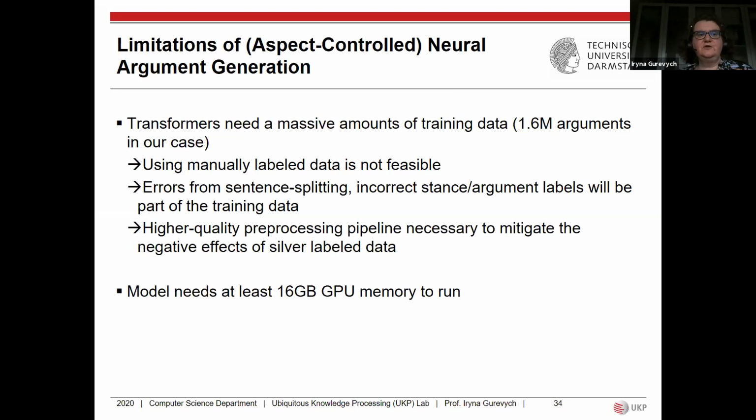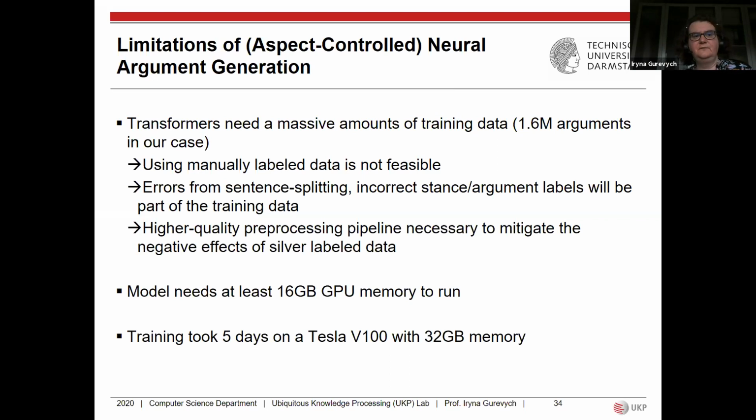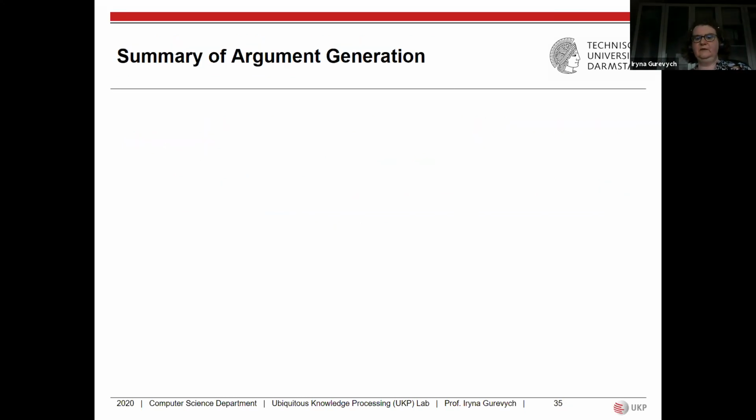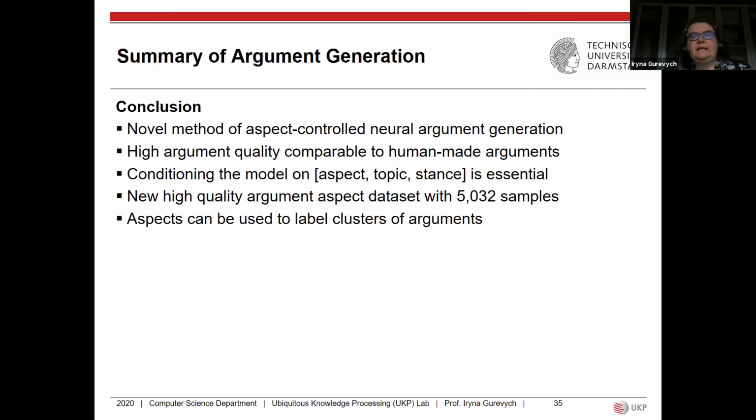Also, the model is computationally expensive, so it needs at least 16 GB GPU memory to run, and the training took 5 days in our case on a Tesla V100. And the generation of a single argument takes up to 15 seconds, which is way too much time for a single sentence. So in summary, I have presented a novel method of aspect-controlled neural argument generation, and we have